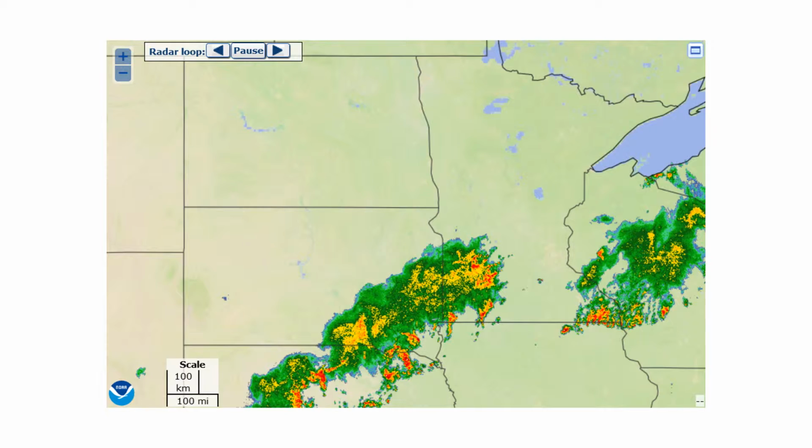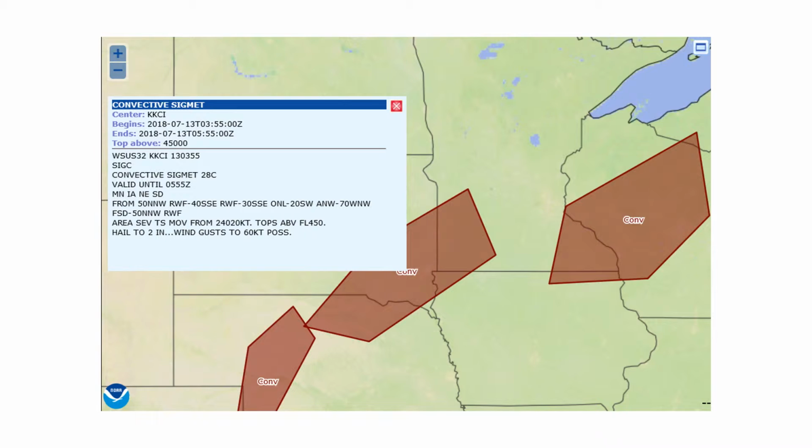So we have a lot of the really intense areas at the leading edge here, pressing on southeastern. We do have a convective SIGMET for these areas, all around Nebraska here and the eastern part of South Dakota and the southern part of Minnesota. We have convective SIGMETs, and those will probably continue to move